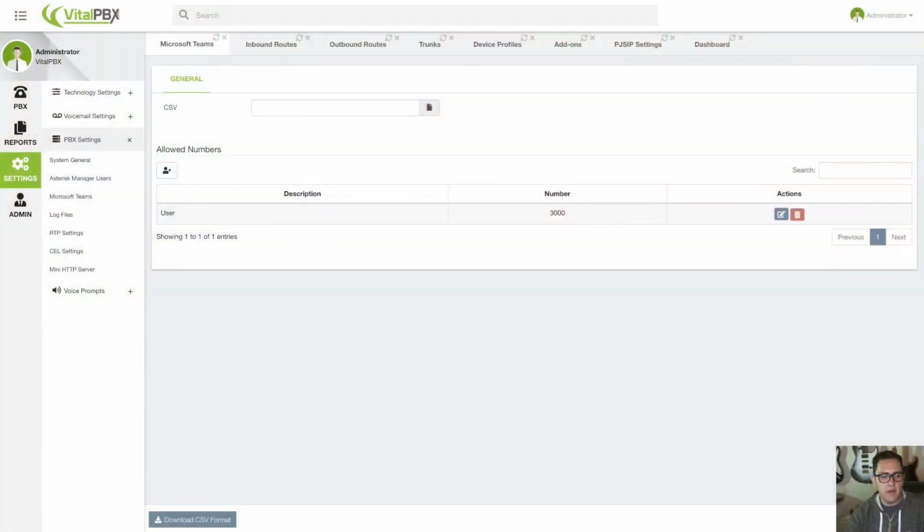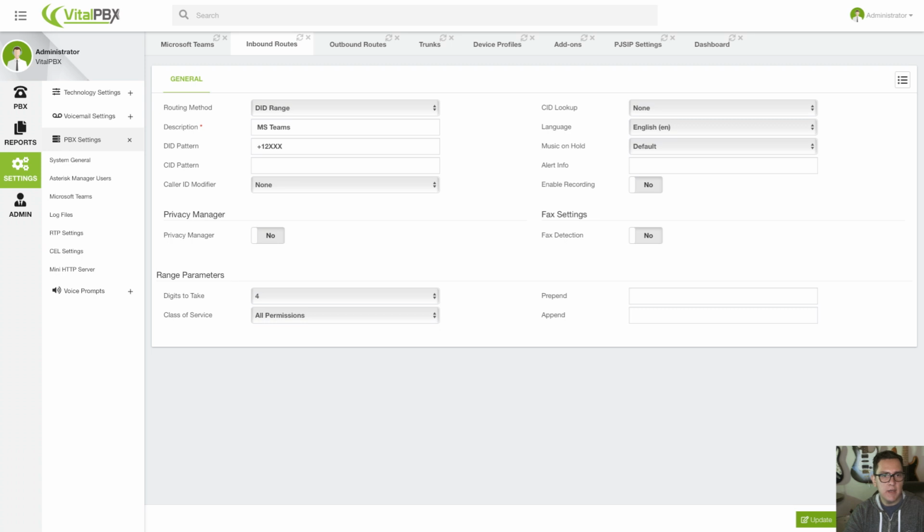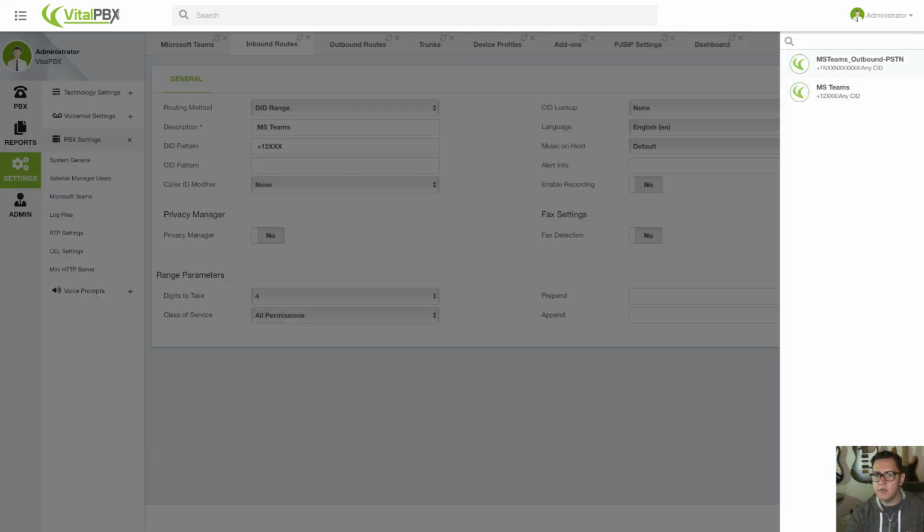Okay, so we have an additional question here. Once again, Teams can have outbound route through the PBX. Yes, this is totally a possibility. Actually, let me do something. Let me show you just an example on how this could be done. So if we come back to our VitalPBX configuration or demo machine, I showed you this inbound route to go to extensions, but I also have this other one